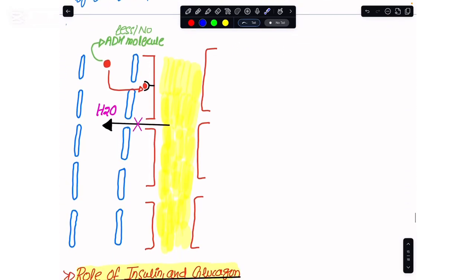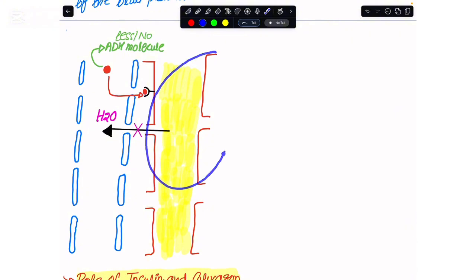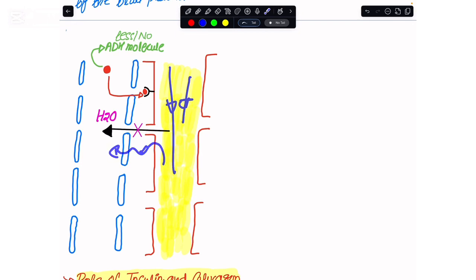So if I were to show you this diagram again, I have this end part of the nephron, which is the collecting duct. Here we have the surrounding blood capillaries. Now, the level of water in the blood plasma here was already high. So less ADH or no ADH would come to bind with these protein receptors. And by that, we would not be compelling the water that has to be lost in the urine to be reabsorbed back into the blood. And by that, I would lower the amount of water in my blood plasma in the form of urine out of the body.